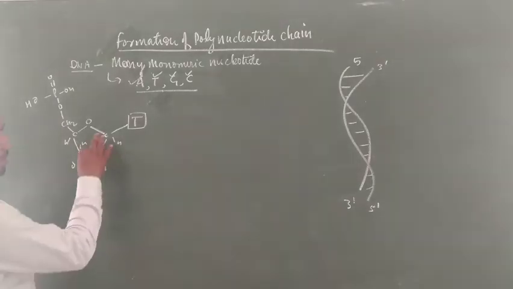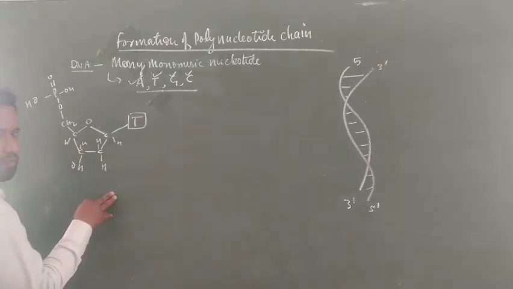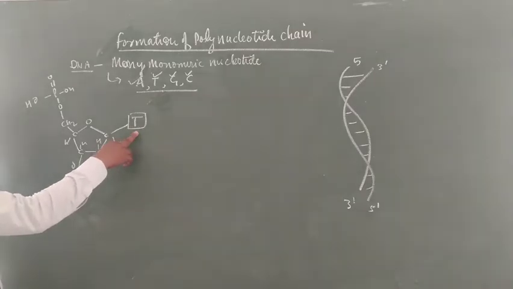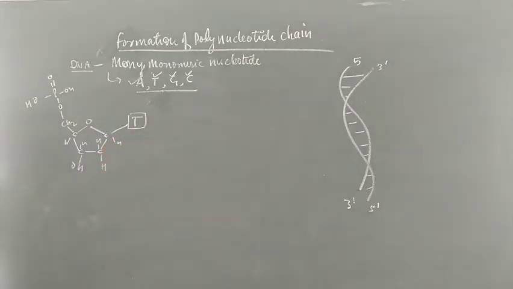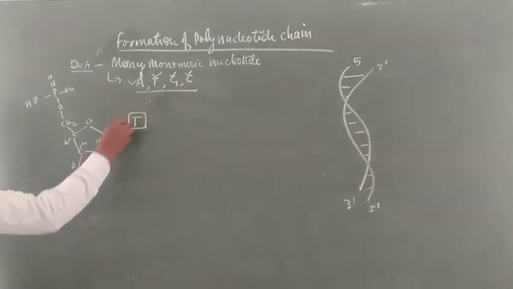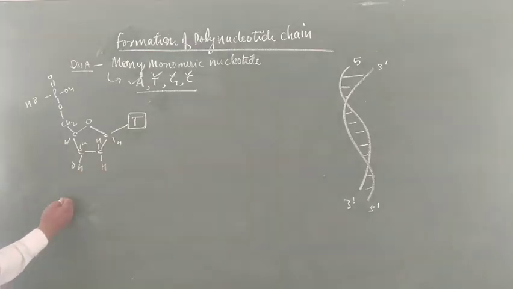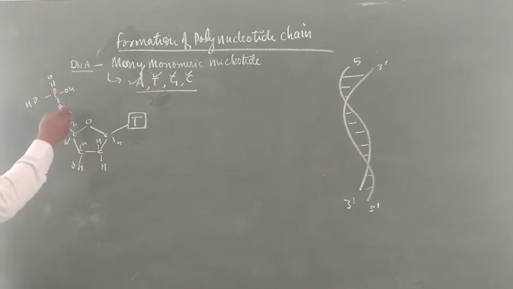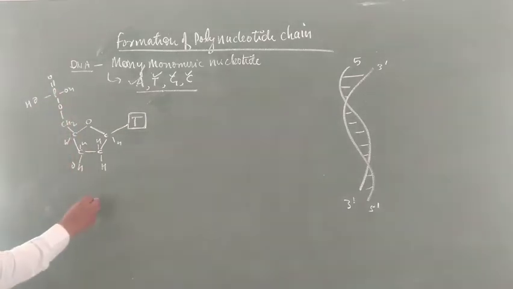Name of this nucleotide is what? Deoxythymidylic acid, because the nitrogenous base attached with this is thymine, and the nucleoside is known as thymidine. This is a deoxyribose sugar, so this compound is thymine, deoxyribose sugar and phosphoric acid. They form deoxythymidylic acid,